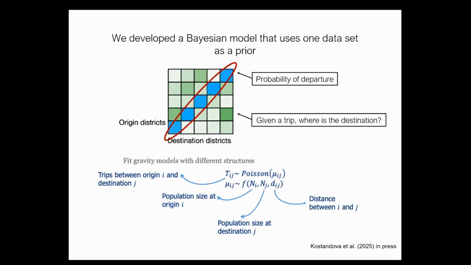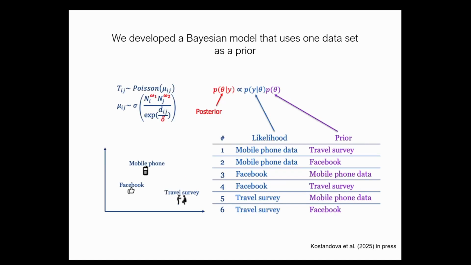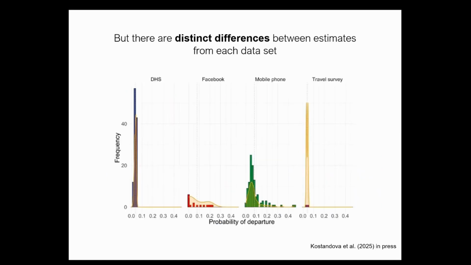And so she just made a gravity-like model that used some priors from one data set to fit the next data set. But it's very similar in structure to that gravity model, where she combined different kinds of data sets. So if I use a prior from survey data, how does that change my fit when I'm trying to fit mobile phone data, for all these different combinations of different data sets? Because we had all these different data sets from all the same place. So this is just one of the results from those.